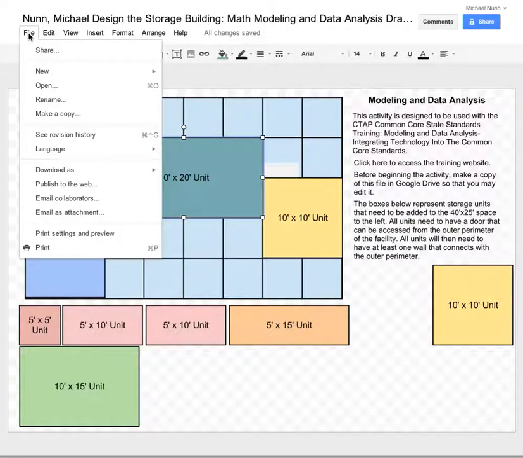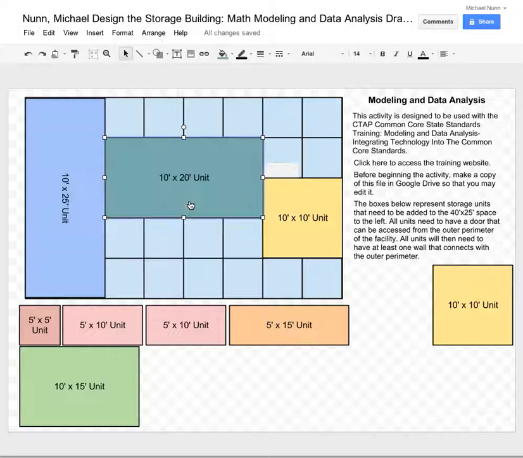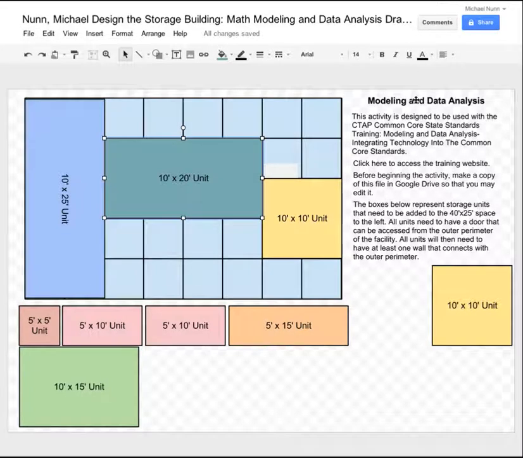So I'm going to go to File, and I'm going to go to Download As, and I'm going to do this as either a PNG or a JPEG file. I'm going to choose PNG, so I'll click on PNG. So I've clicked on PNG, and now I'm going to head back over to